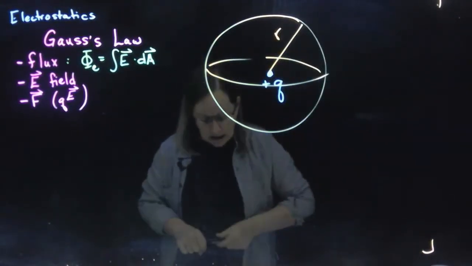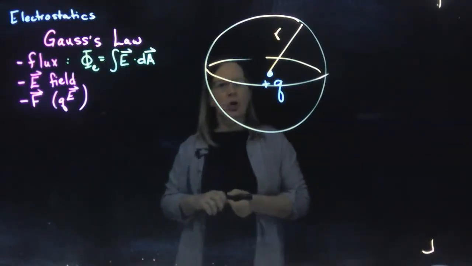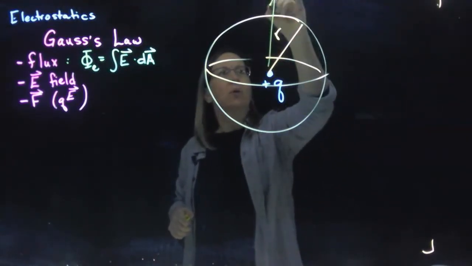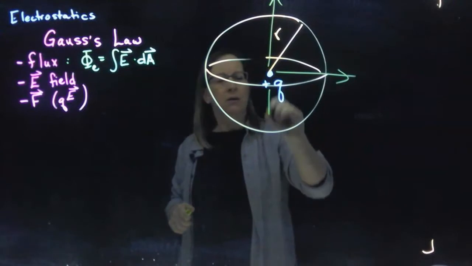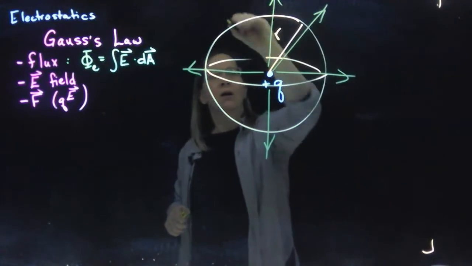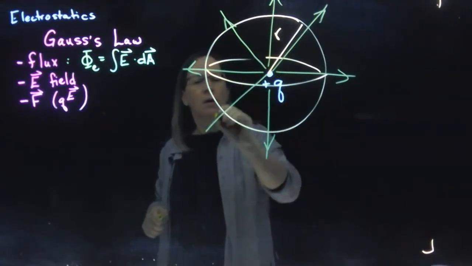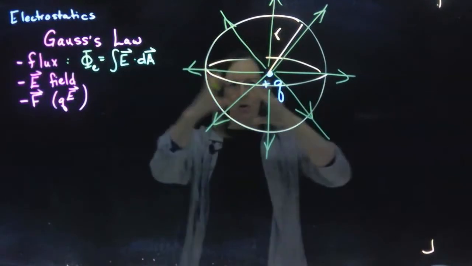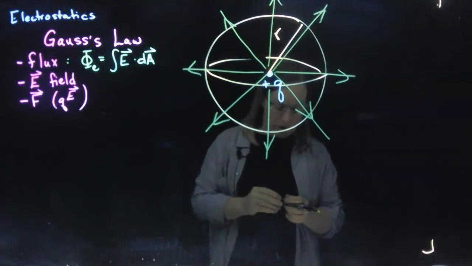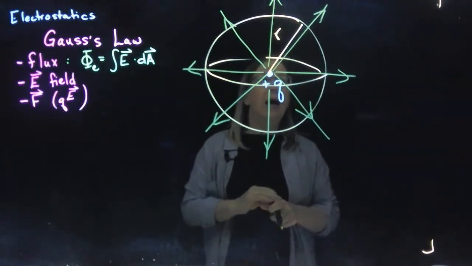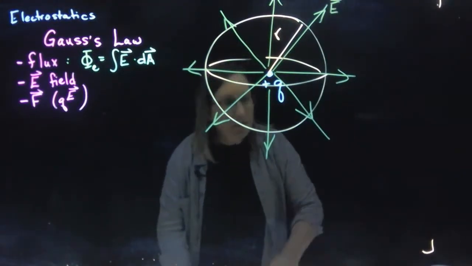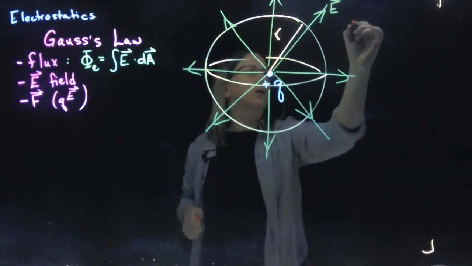Okay, and let's draw the electric field lines. So drawing the electric field lines means we have field lines that go out like this, in all directions, goes along like that, and into and out of the page. They radiate out spherically, okay? So they point across the page. So if we look at this, the electric field lines are pointing in this direction for this sphere that I've drawn. So we've drawn a sphere